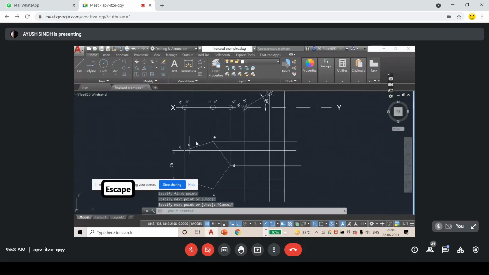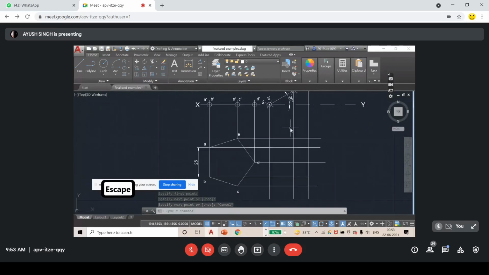Now I have matched this. Now I have to do nothing. This is the most fun part. You have to just match the corresponding points, like A dash line is this and A point is this. B dash line is also this, but B point is this. So you have to mark points here. I will just choose PO, and A dash is this, corresponding to this A is here. So I just mark point here.